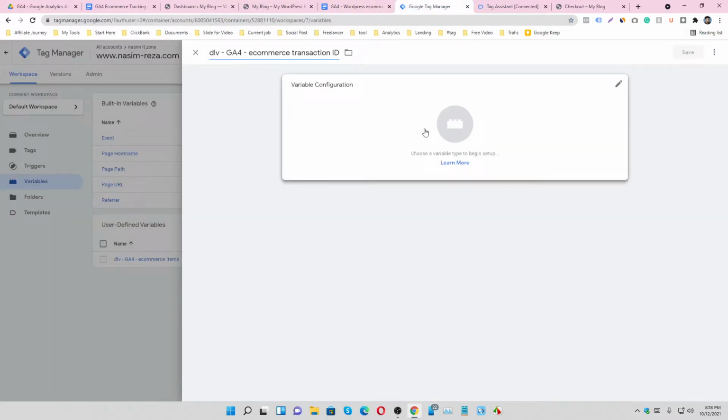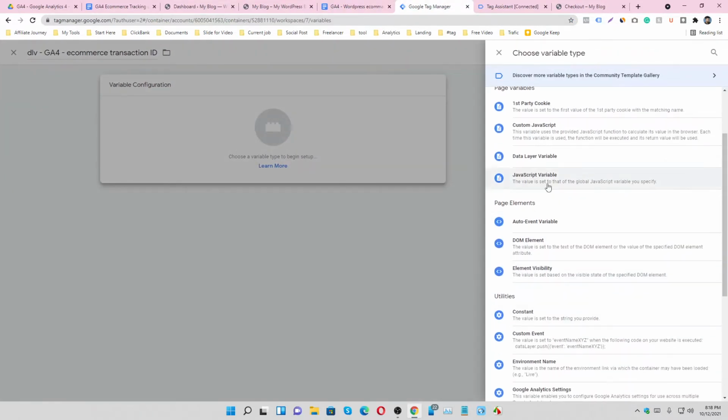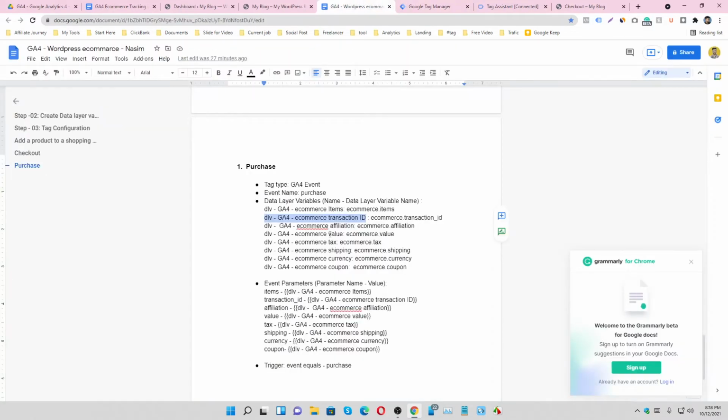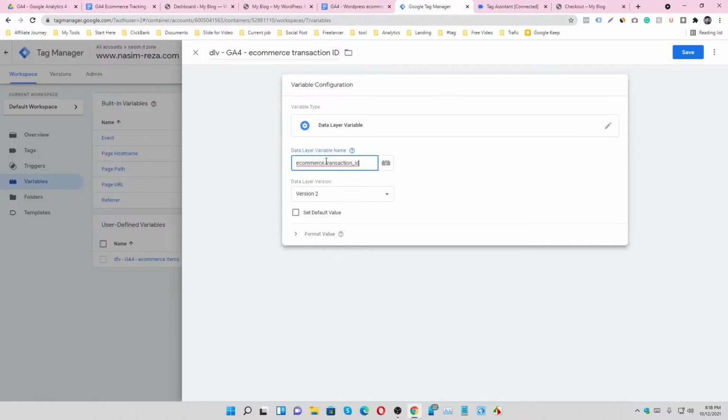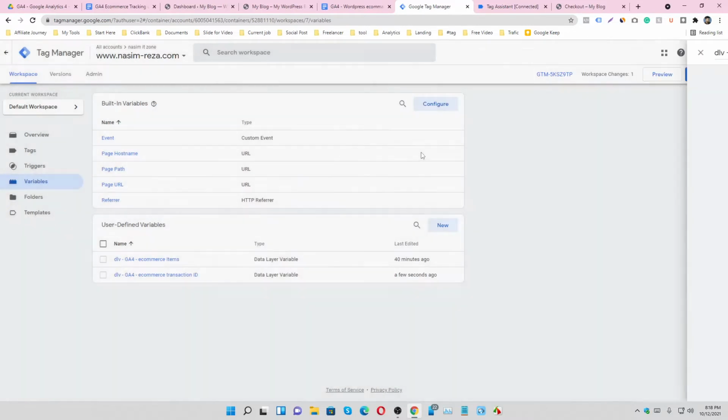The type will be data layer variable, and the transaction ID, paste it here and save it.